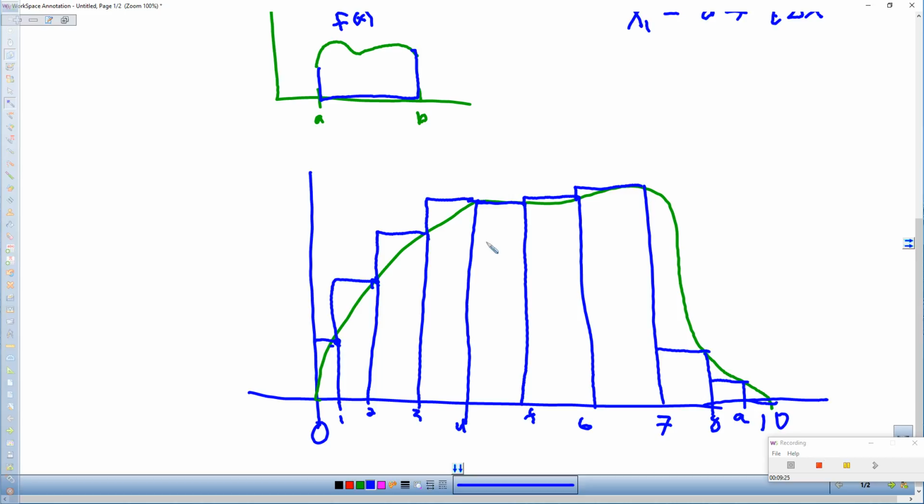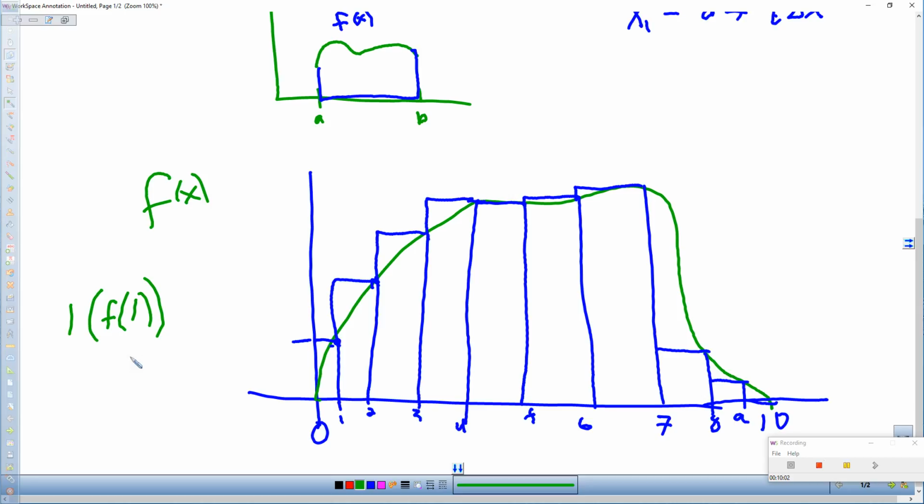Now, what's the width of each one of these rectangles? 1. So this is 1, this is 1, this is 1, and so on. Mm-hmm. So, to get the area of this, we would have to say, what is the height? So, if we said the green is f of x, what would the height of this first one be? F of 1. So we'd have 1 times f of 1 for the area of that first